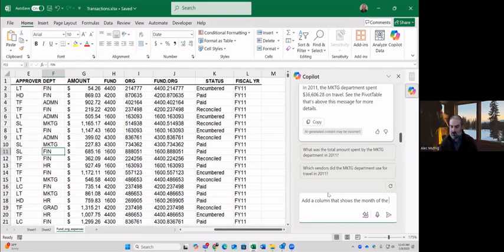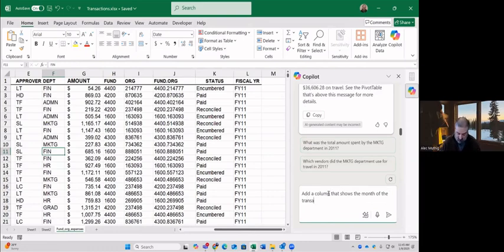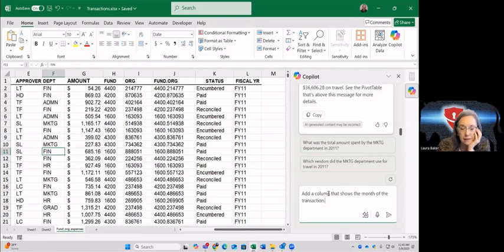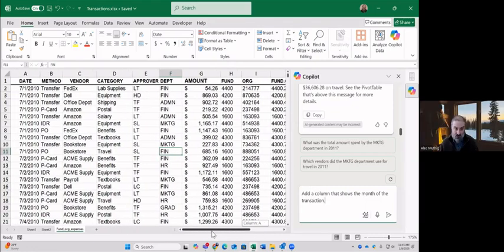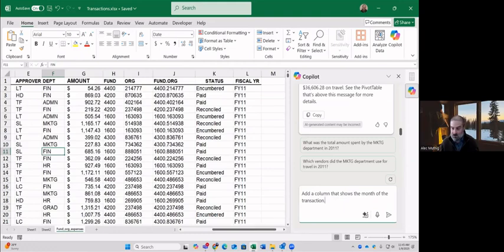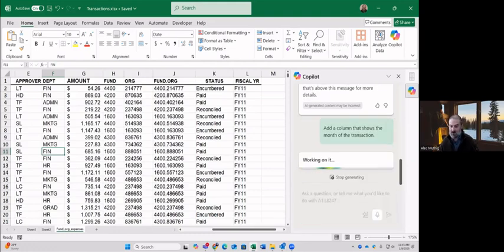Add a column that shows the month of the transaction, something like that. Yes. Start with just that and see if it does it. For example, this first one, what month was that? July. Okay, let's see. Which we would do with a formula. Let's see what formula it writes.